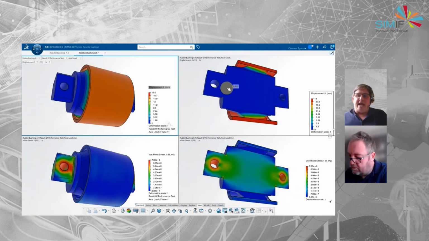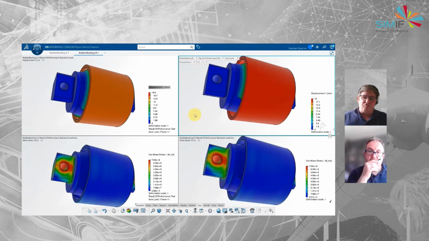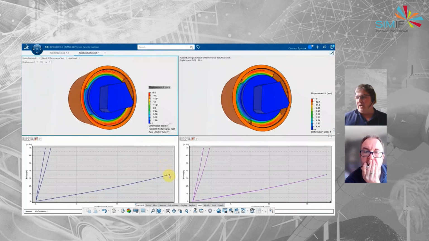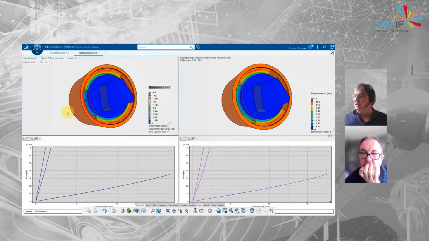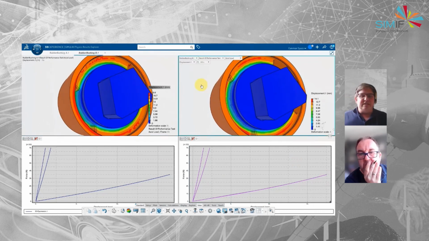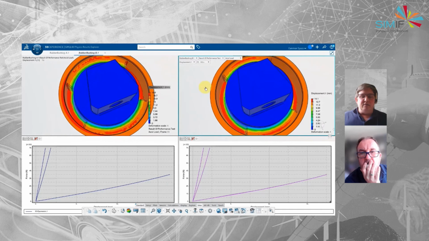So we're ending up with a better ride quality for whatever's on the other end of this bushing. And you can see here the displacement of 17 point, oh, missed it, but the stresses and strains in that part are very similar, but the performance is better according to our KPIs. So we're happy with that change.